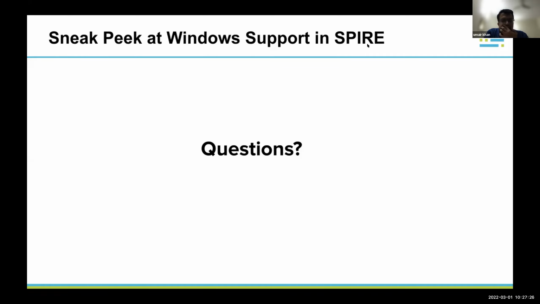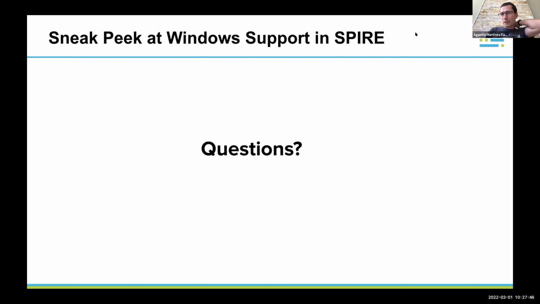Any other questions for Agustín? Anyone looking to use SPIRE in a Windows environment? When would this be available, Agustín?